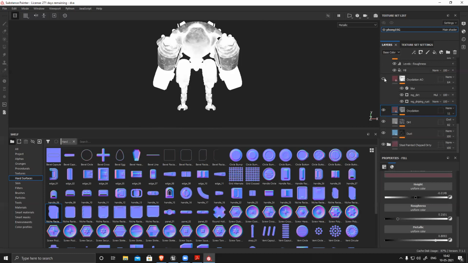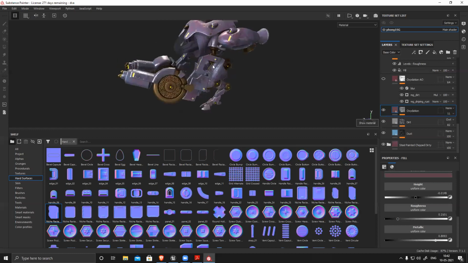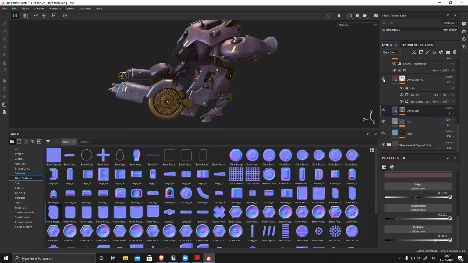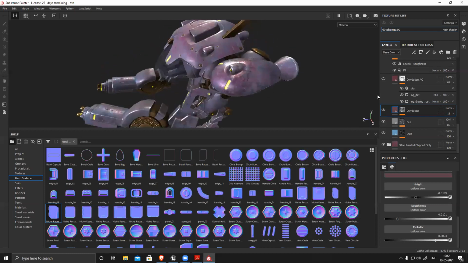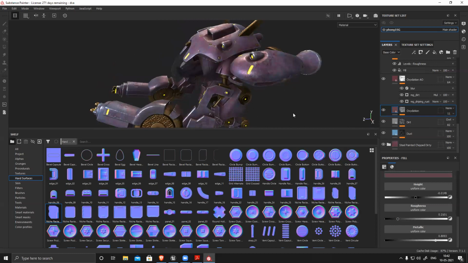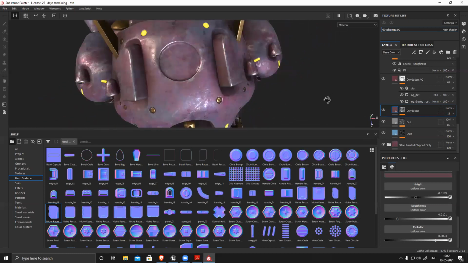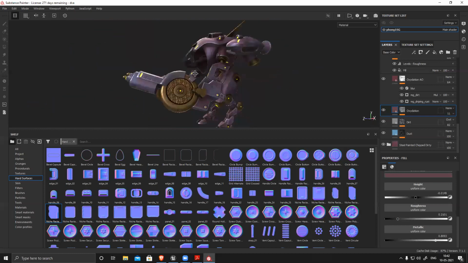Yeah, this one. If I switch it off, it becomes more plasticky, and if I switch it on, it becomes more metallic. Okay, look-wise, it looks kind of fine.